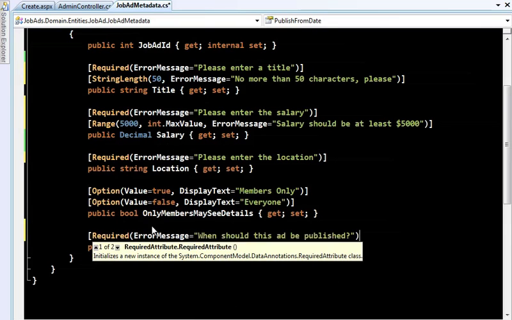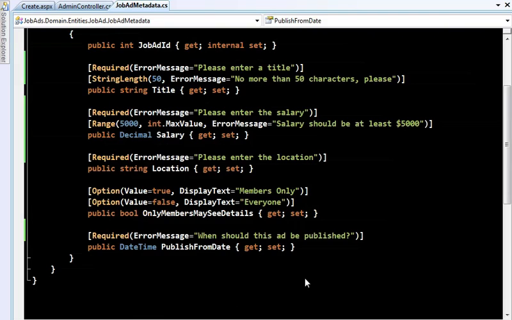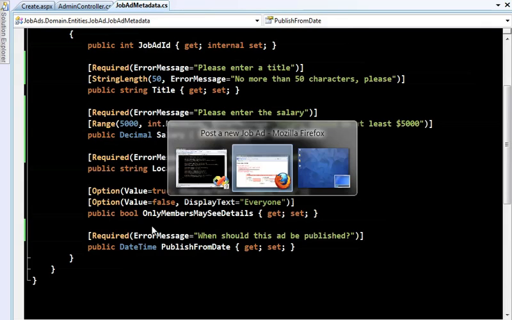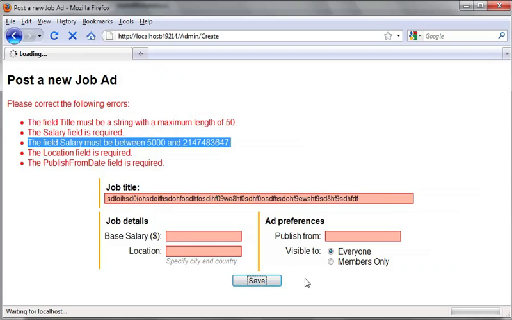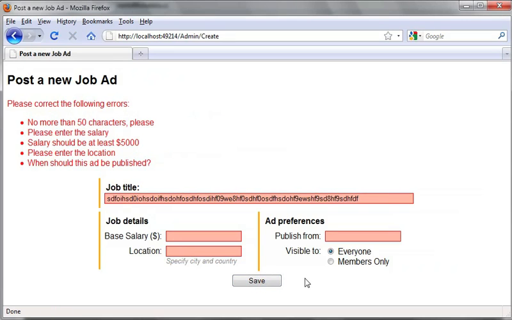And there we go. In case you're thinking that you don't really want to hard code the error messages directly into the metadata, I'll mention now that as an alternative you can reference strings in an external resources file. And that's particularly helpful if you're developing a multi-language application. I'll recompile, switch back to the browser, resubmit the bad form data, and this time we get our custom error